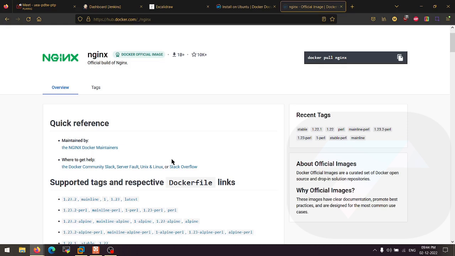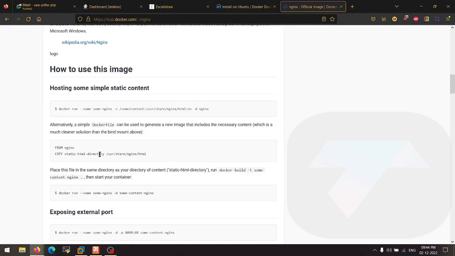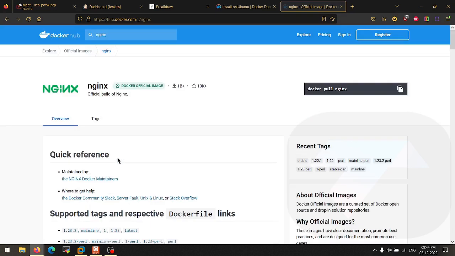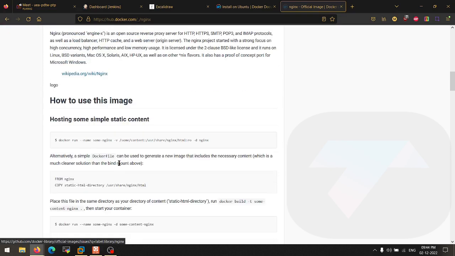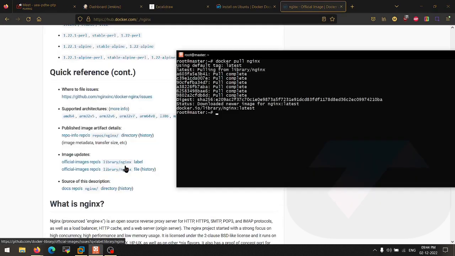Stock means by default everything that we get in our system when we install Nginx. Is it the same as stock Nginx, or are there some changes? You can check those things here. If there is any change, you can check the commands that you can use in that particular Nginx. Okay, so I think you got the idea of the image concept, like pulling the image